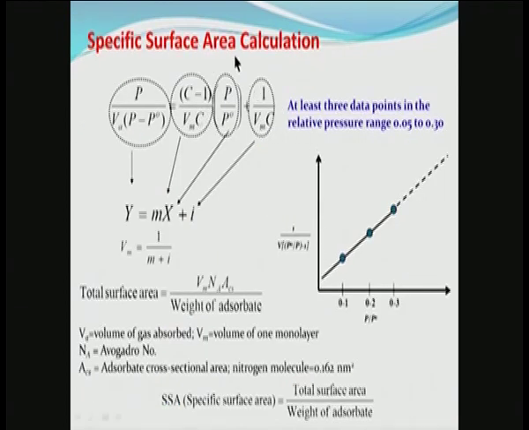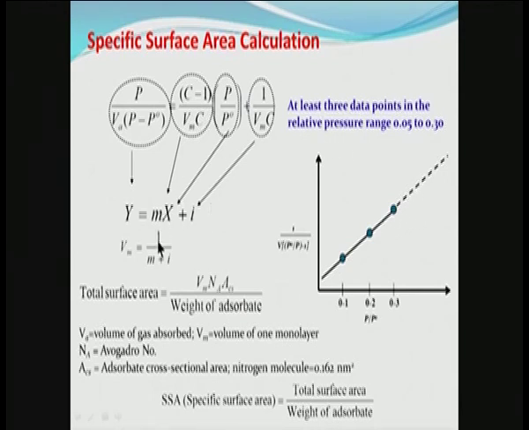Now, coming back to the BET equation, this is the BET equation, which can be written in the form of the equation of a straight line, y equals mx plus c, and by recasting this equation it is easy to see that if we plot the reciprocal of V into P naught divided by P minus 1, where P by P naught is the relative pressure, versus P by P naught, then we ought to get a straight line,